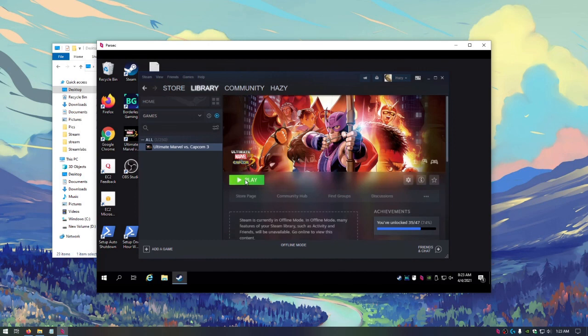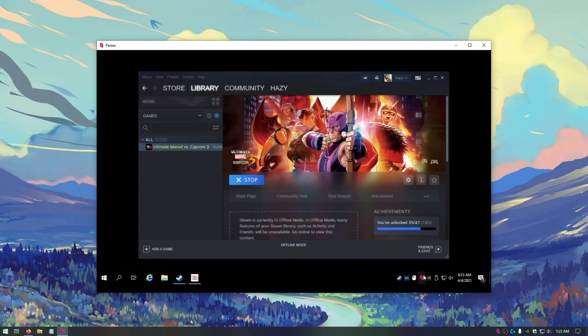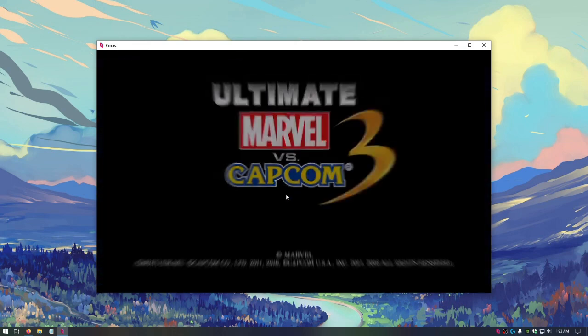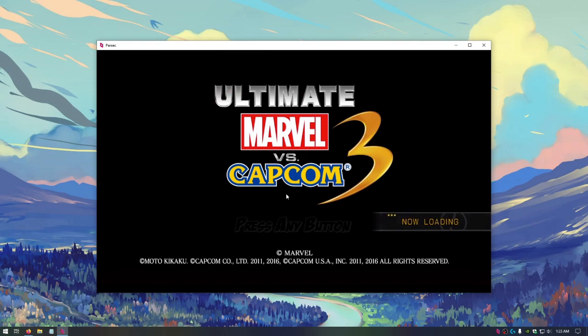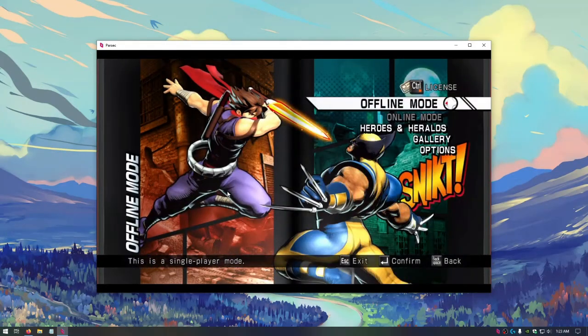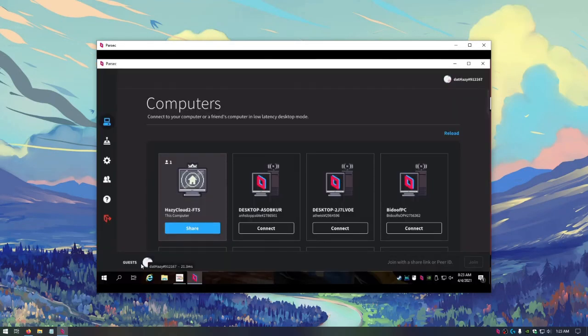When you open up Marvel, make sure you have a Parsec window open to Alt-Tab to. If you close all windows besides Marvel, you will not be able to Alt-Tab. When you have the game running, Alt-Tab to the Parsec window to let people in and kick people out.